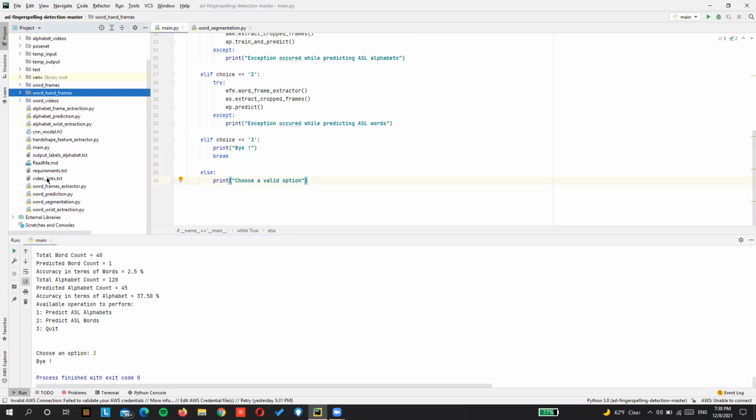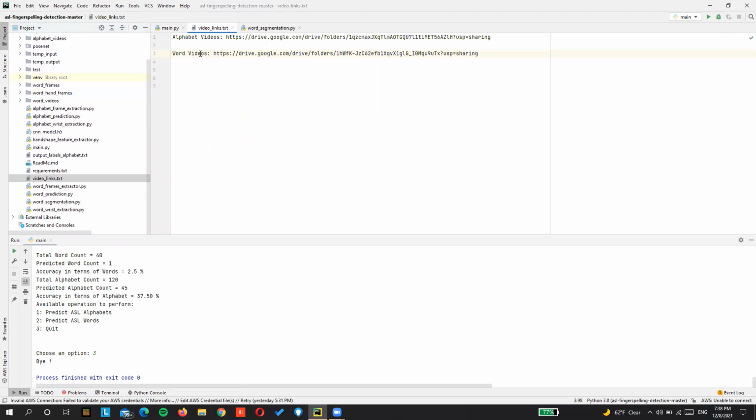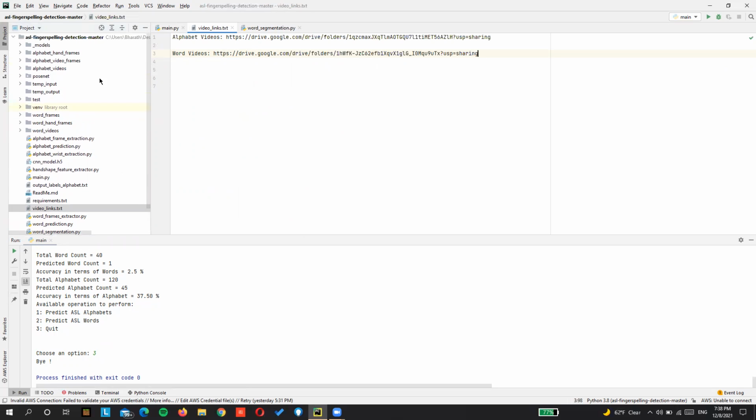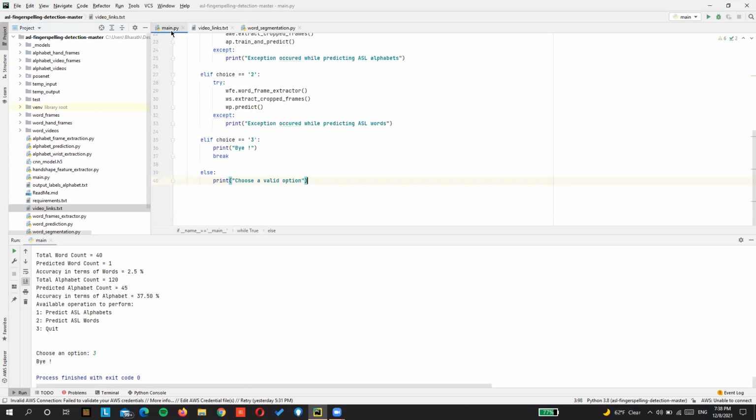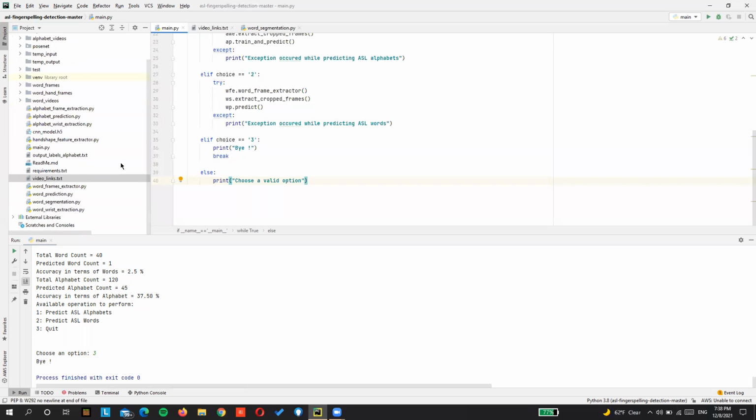For the alphabet videos and the word videos, we have given the Google Drive links and shared them in the TXT file. They can be loaded onto the word videos and the alphabet videos folders, and the main file can be used for predicting both the ASL alphabets and words as well.